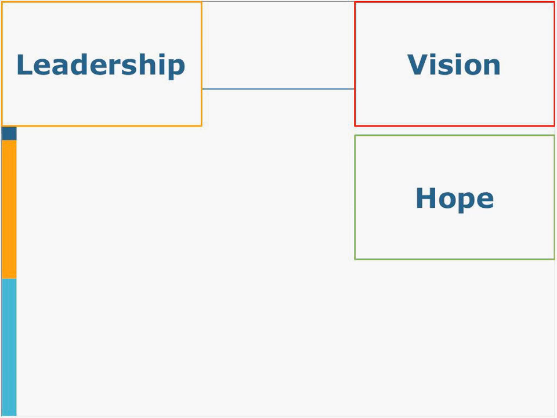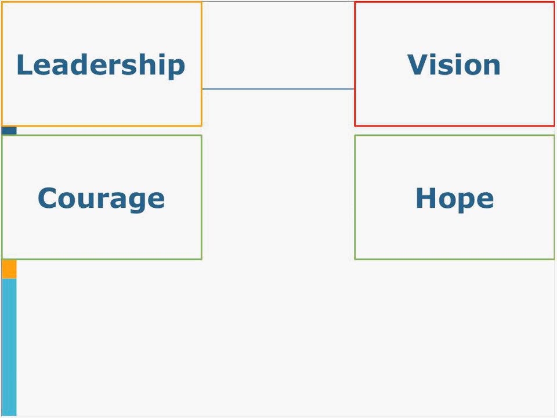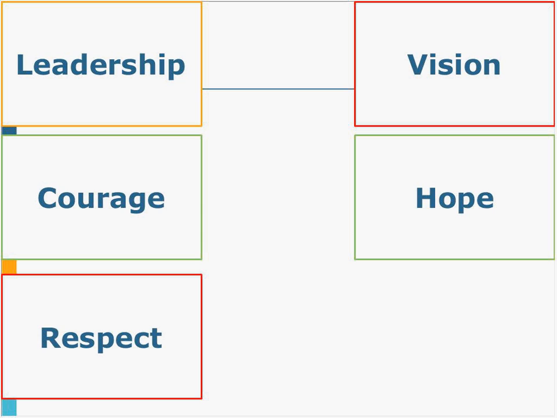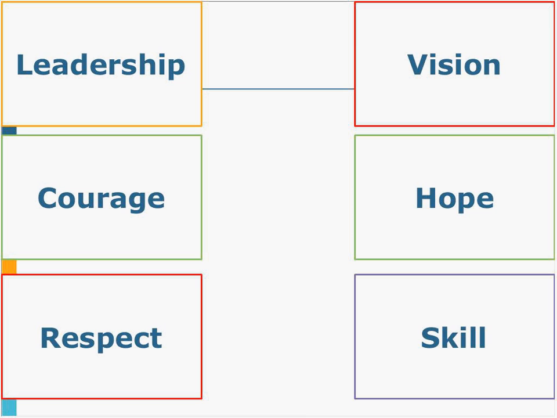This allows us to give hope. It's very difficult to make change, and we need to have courage to do this. I think the lack of courage is quite evident in healthcare, and to make the changes that we really need to do, we need to make it something that people are willing to take the leap on. Respect is something that is often lacking, and we need to really work on this. This is respect for the people who come for our care, and respect for each other, and to understand that respect is not easily regained when it is lost.